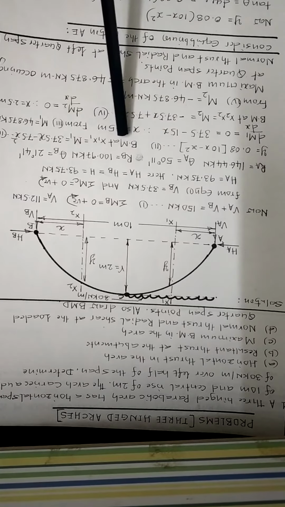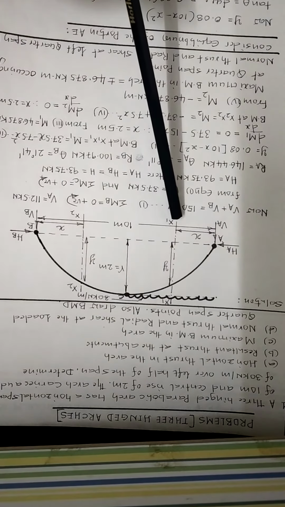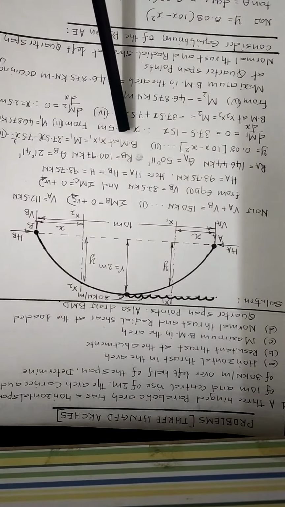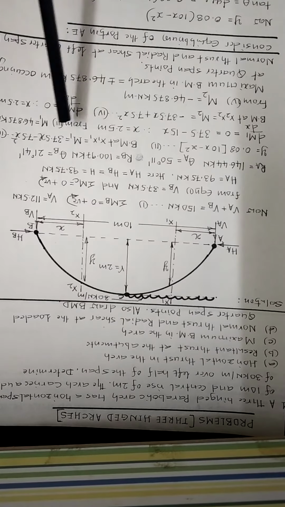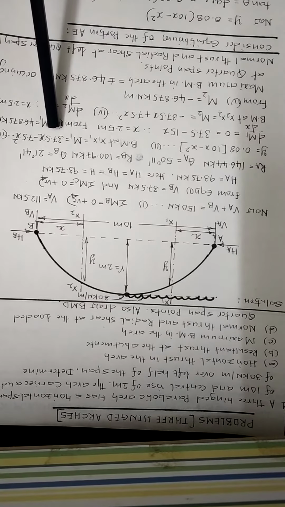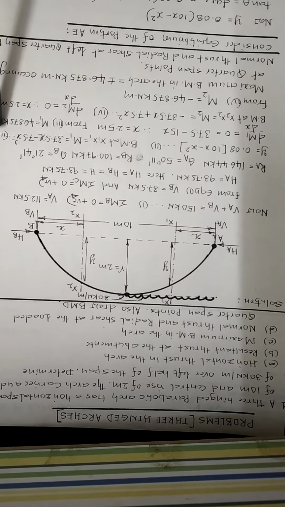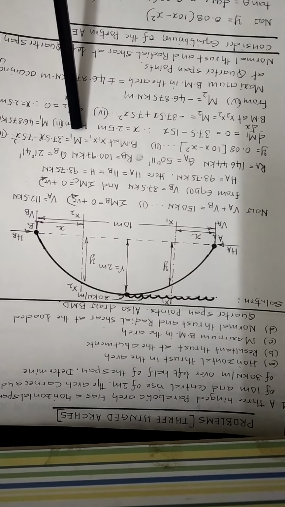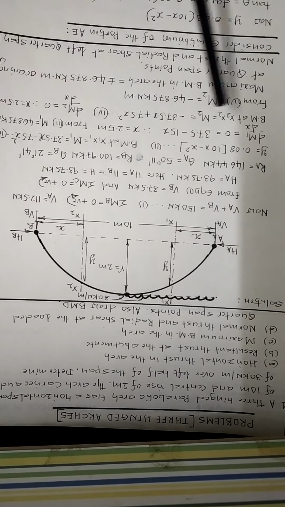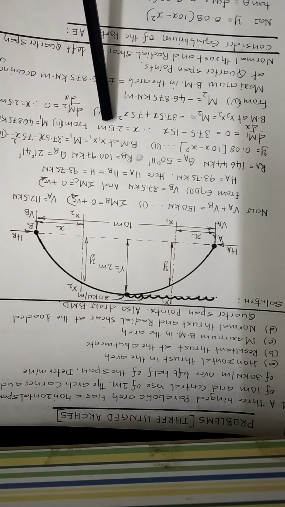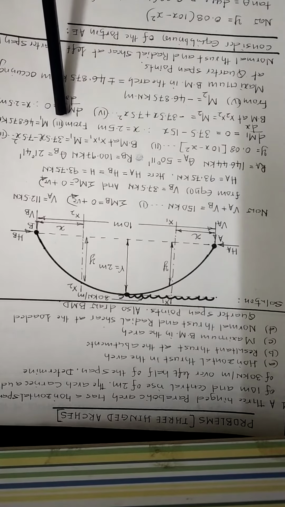Write down the expression for the bending moment about the section x1 considering the portion A to x1, that is given by bending moment at x1 is equal to M1 is equal to 37.5x minus 7.5x squared. Call that as equation number 3. From equation number 3, for M1 to be maximum, the necessary condition is that dM1 by dx is equal to 0. Differentiate this equation with respect to x and equate it to 0. Solve for x. X is equal to 2.5 meter.